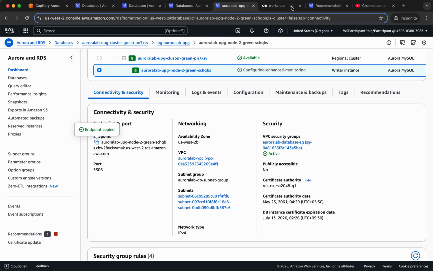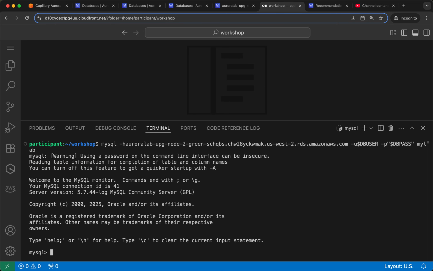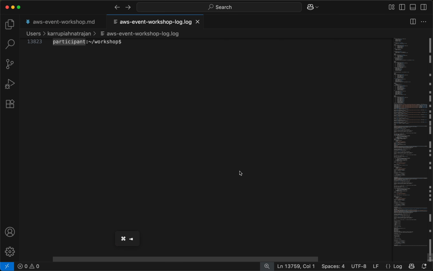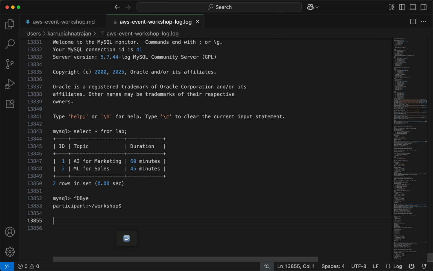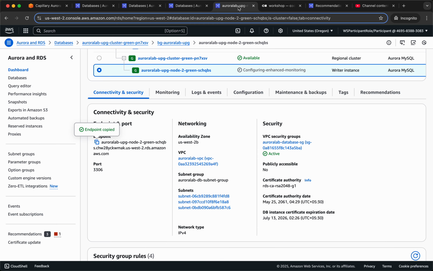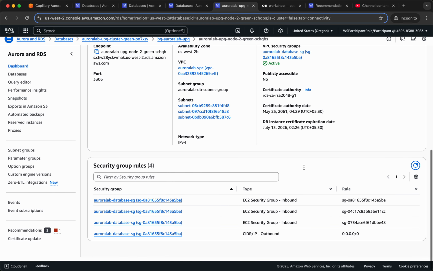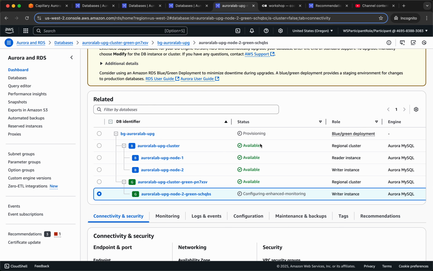So we can also connect to this if needed. And -h this. Great. So MyLab, select star from MyLab. Yeah. Cool. So let's go here. Let's go here. Reload. And get this done, and then